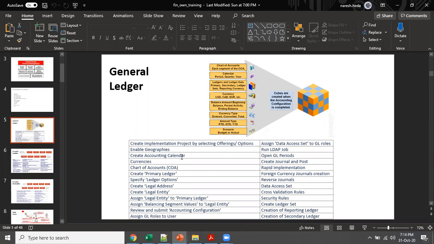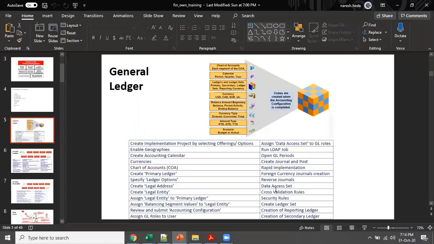Okay, because it's the RBAC concept that they use in Fusion. So here we will be discussing more on that. And going forward, we will be focusing majority on our manual setups, because in manual setups only we will come to know which setups enable each transaction. Because there is something called rapid implementation, where we just have to put the data in an Excel sheet and everything will be created. So we'll do some of the setups as manual setups, and some of the setups in the rapid implementation sheet. Okay.